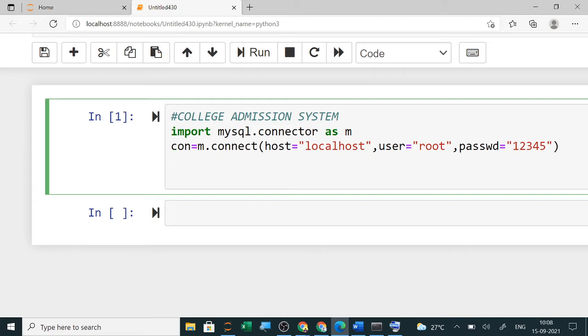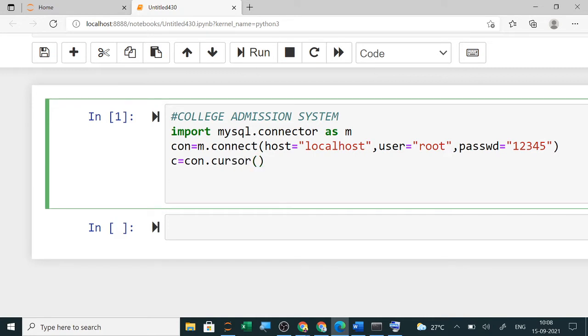Now I will use the cursor function. So for that I require an object and then con dot cursor. Now next, you have to execute the commands of MySQL.